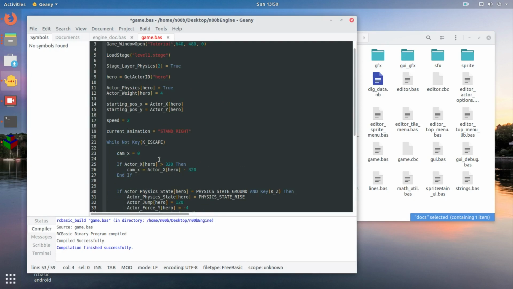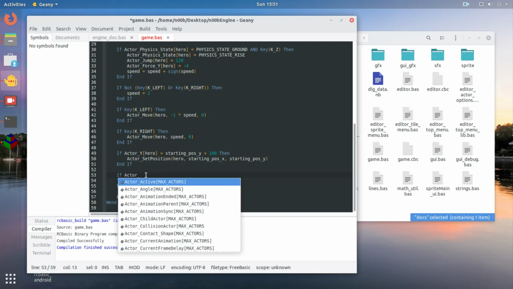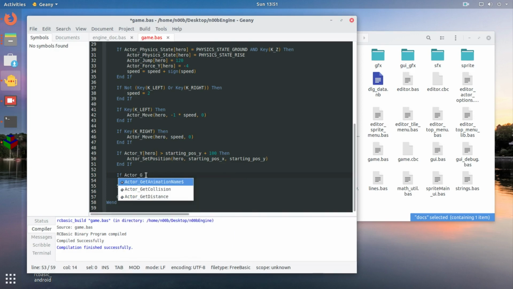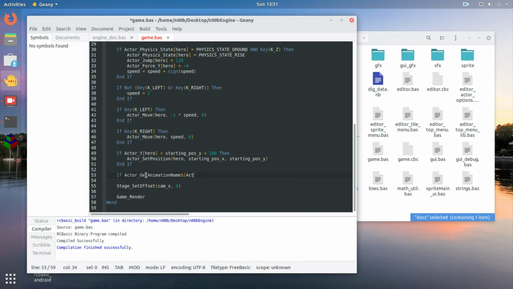Alright, and we can use some engine functions to check the actor animation that's playing. So we can say if actor get animation name, actor, let's see, hero,